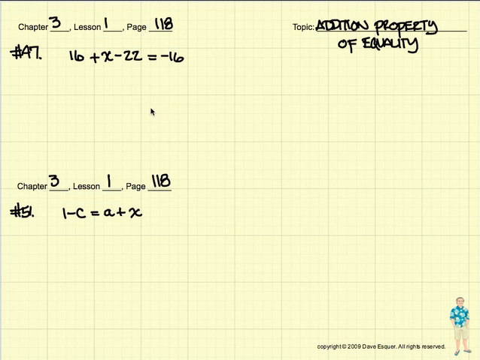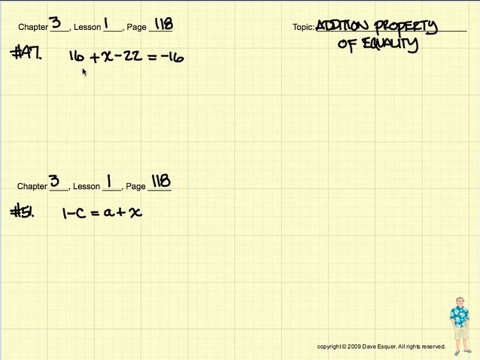Chapter 3, Lesson 1 is on page 117 and 118 for the homework, the addition property of equality. What we do to one side of the equation, we're going to do to the other side of the equation. If we do something on the left side, we do something on the right side. We do exactly the same thing to the left and to the right. So today we're going to be either adding or subtracting from the left side and doing exactly the same thing